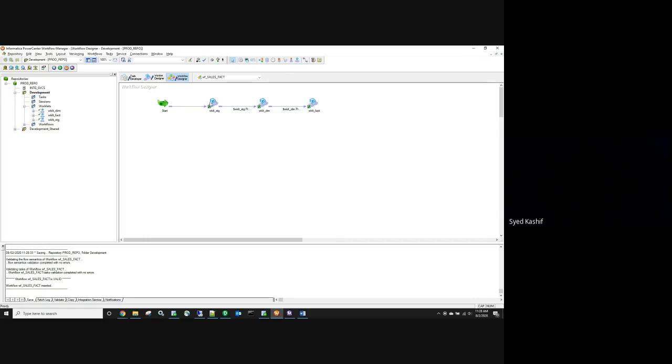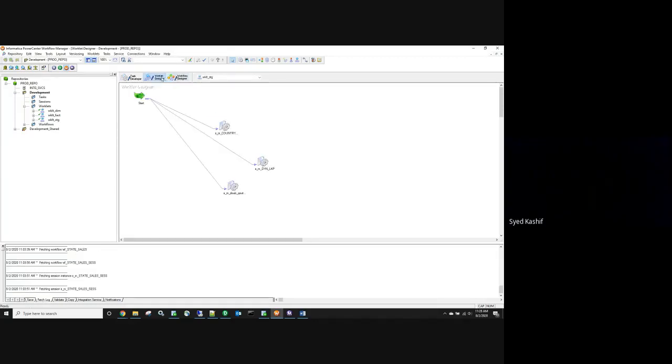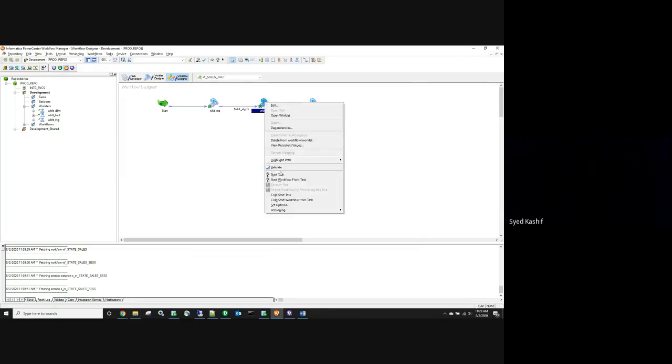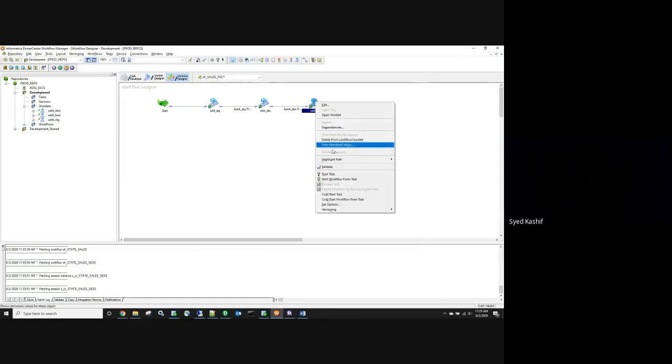So if you want to see what's happening in this stage, you can just right click and say open worklet. Okay, you cannot run worklets. You don't even have the option to run a worklet. You can come here and just run only the staging. You can run only the dimension. You can run only the